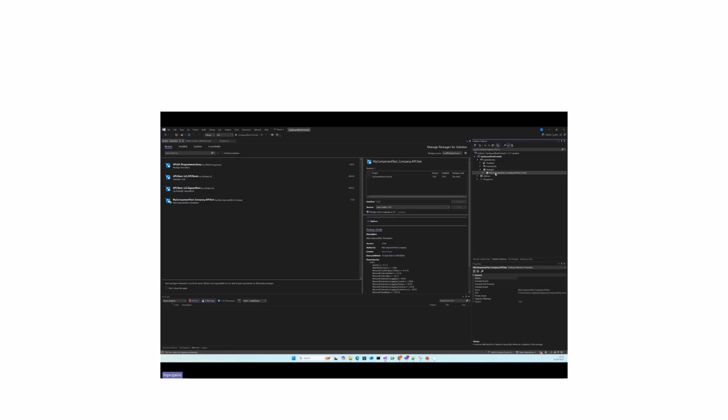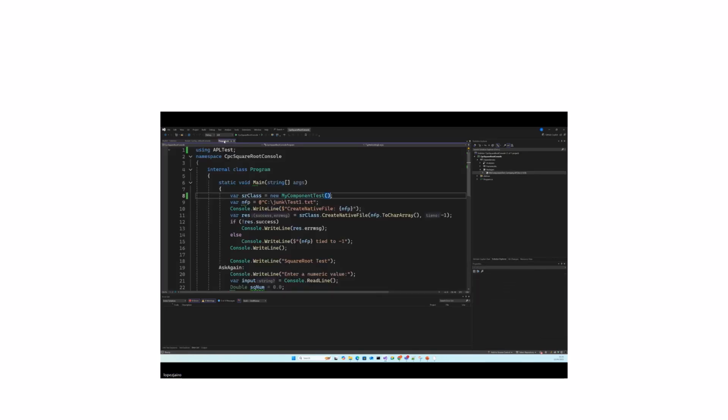Didn't expect that part to be small, but it's adding a reference. Switching back to my program, on my CPC information, I said that the namespace was going to be APL test and that the class name was going to be my component test. And if I